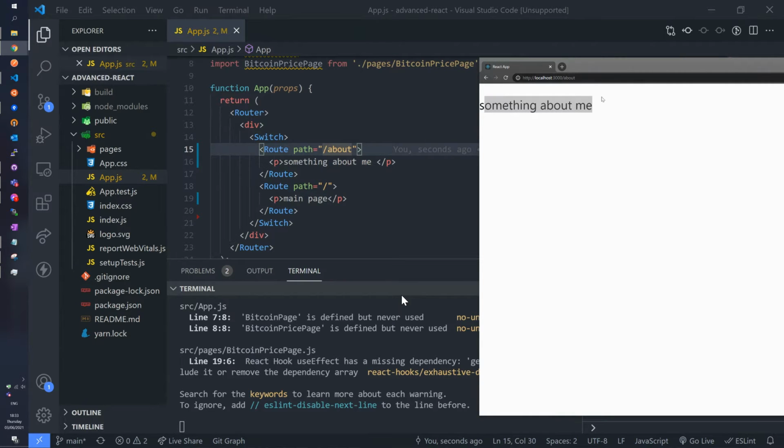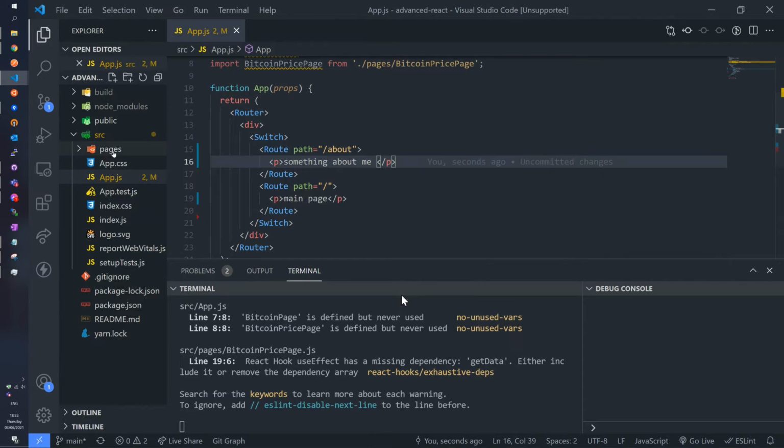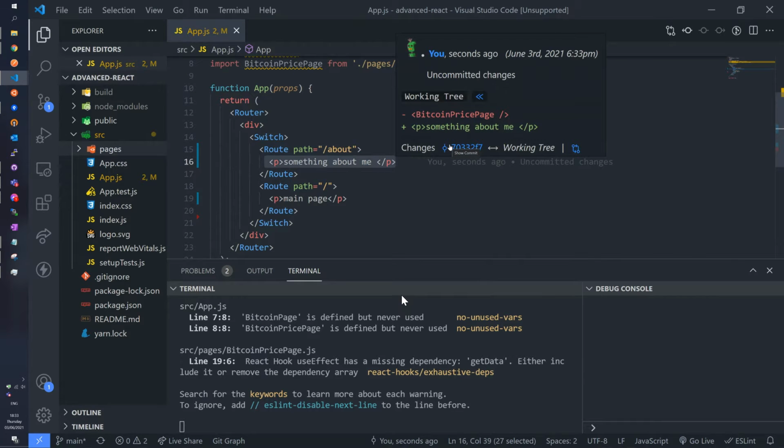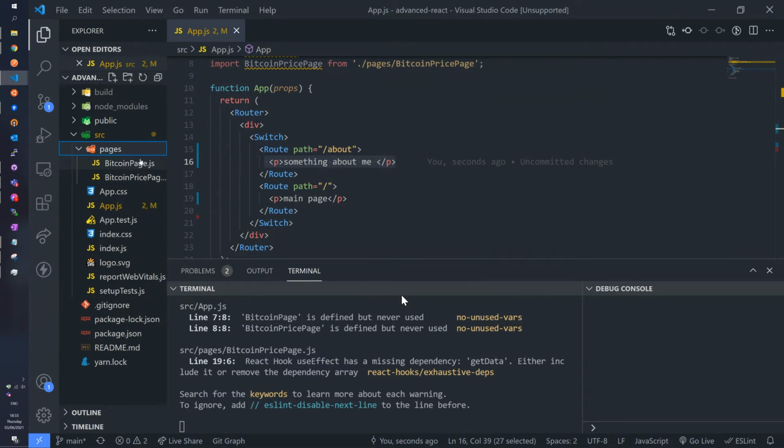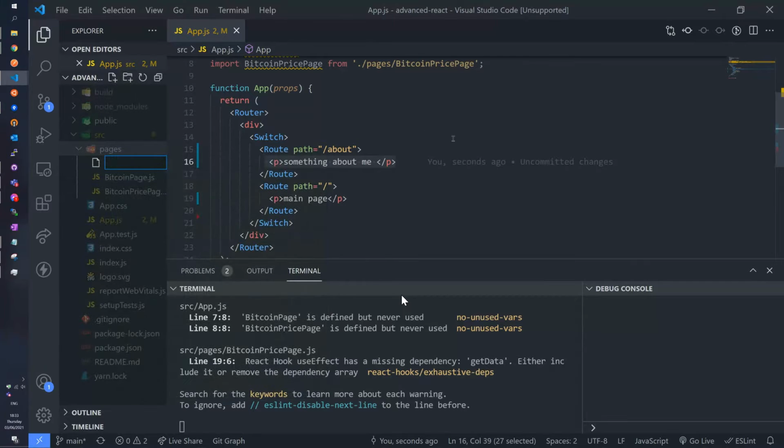The next part is, what you normally want to do is, this will probably be more than a paragraph. Ideally you want it to be like an actual web page, a large component or something. So something typical, you make a folder called pages. This example already has 2 pages in it, but this is a folder that you create yourself. And inside this folder, you make a new file. I'm going to call this about page.js.